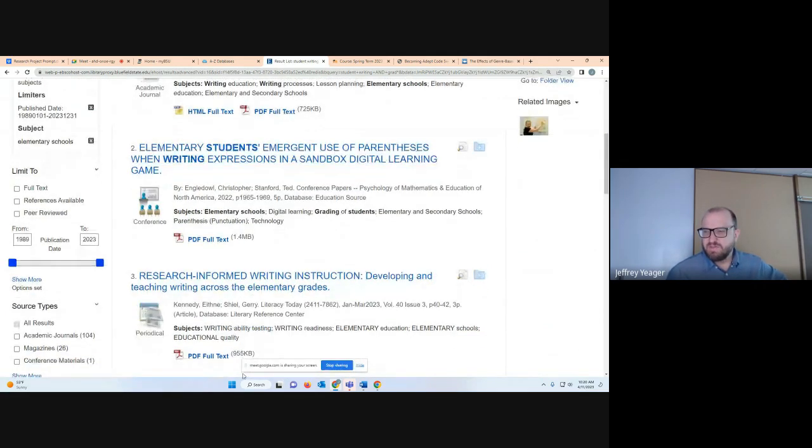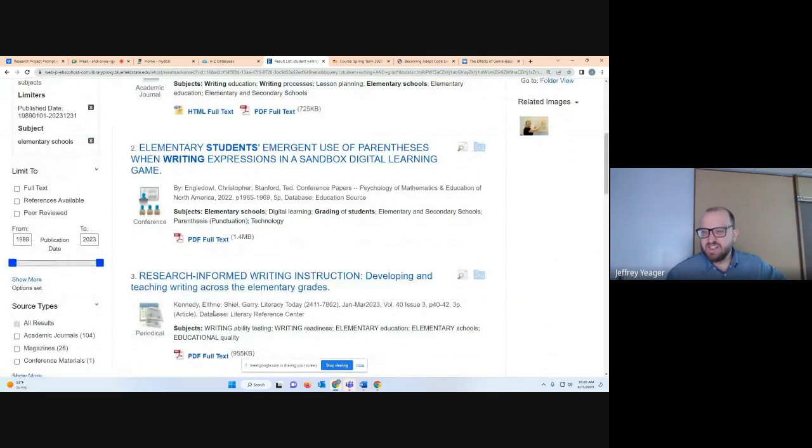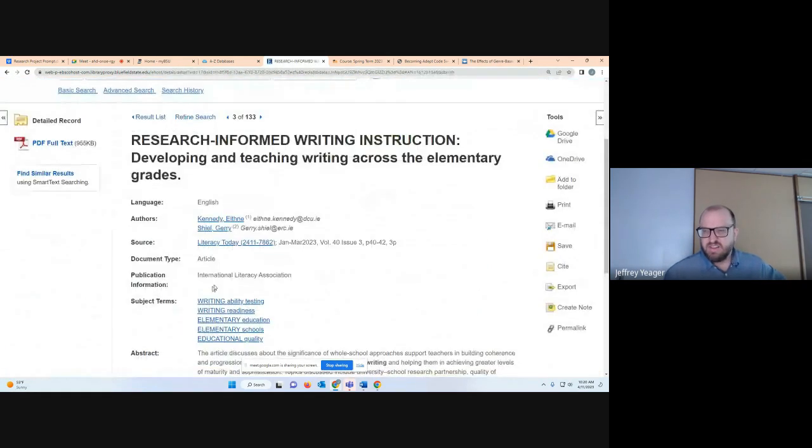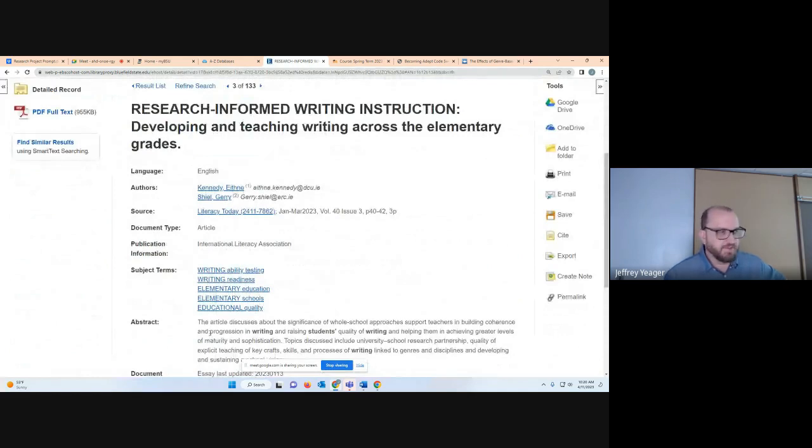And so let's say you wanted to click this first article, Research Informed Writing Instruction, Developing and Teaching Writing Across the Elementary Grades. This comes from the journal Literacy Today.